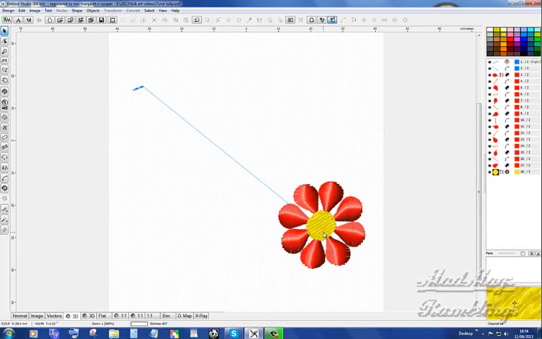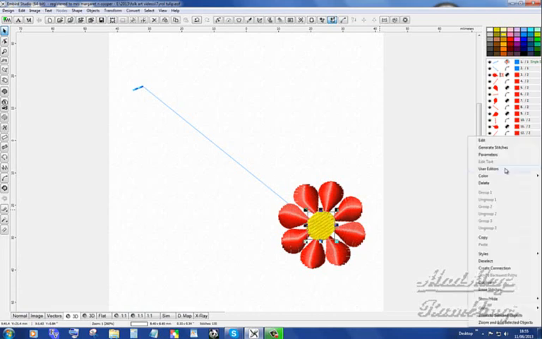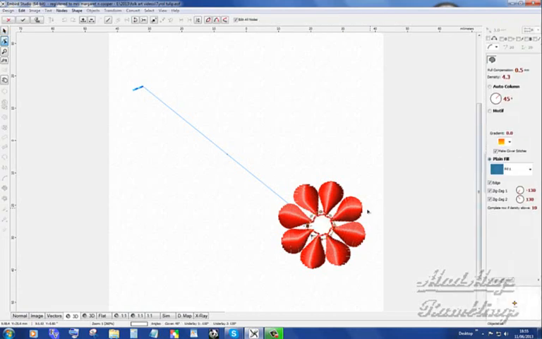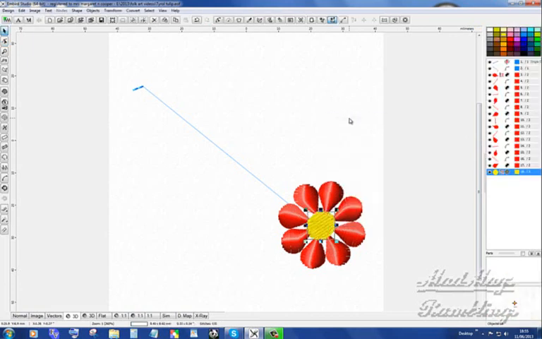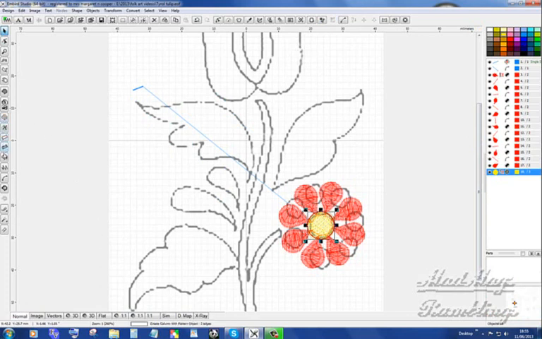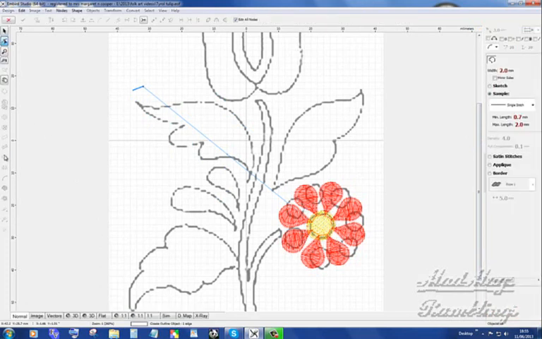and I forgot to check and see where my start and end point were. Edit, there it is, right where I want it. So I go back in and I tell it generate stitches. Go back to normal and I pick up my run line tool and I hit my numeral 3 key on my keyboard, and that lays my first node right on top of my last node of that circle, and I lay a run line